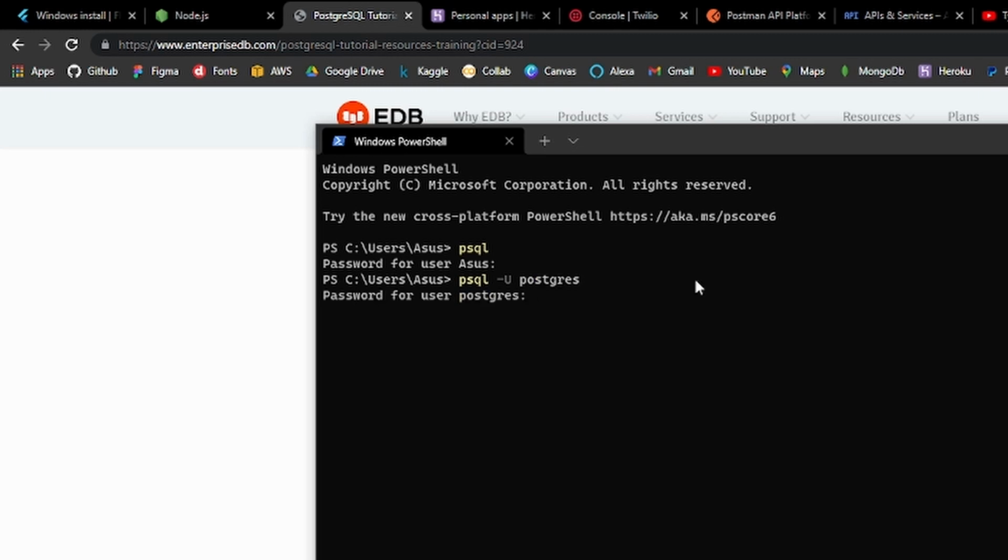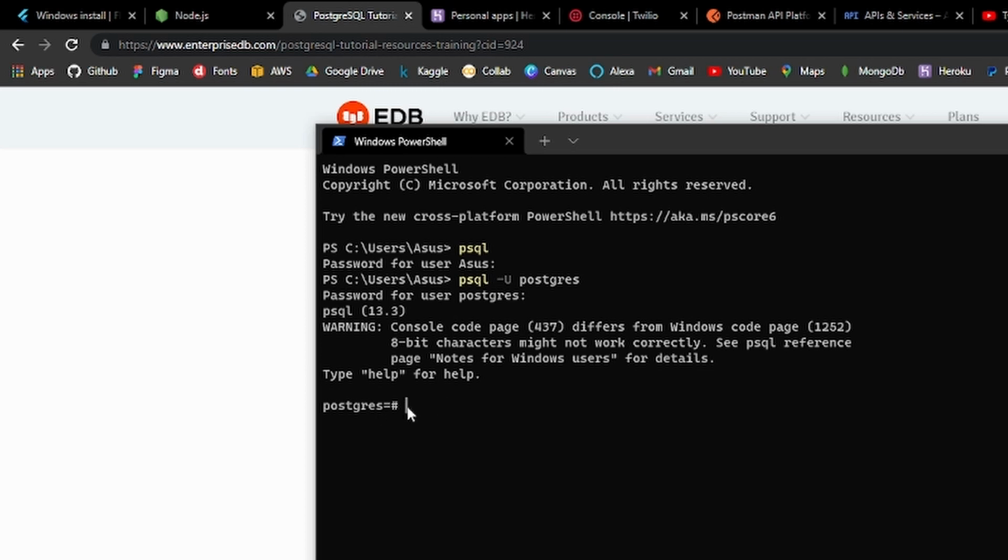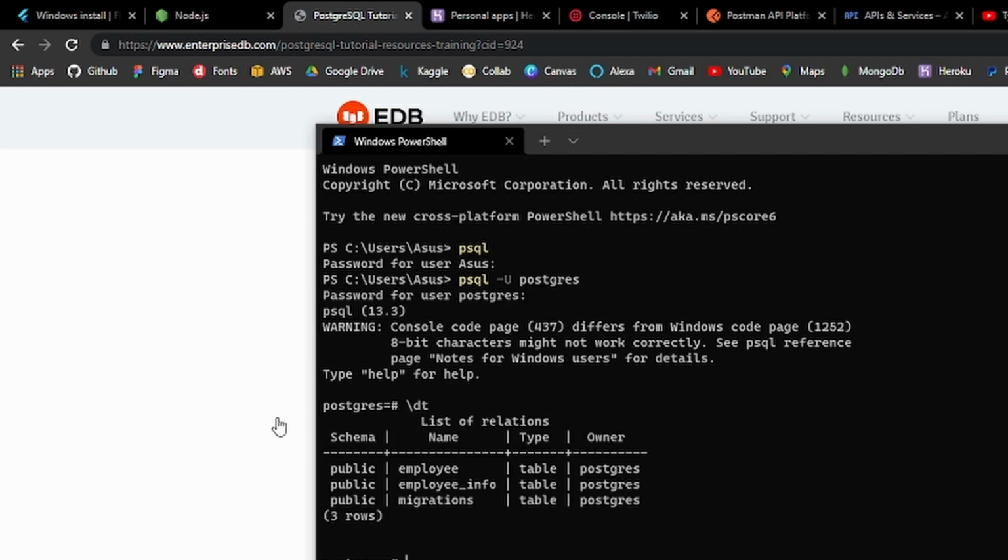Now postgres is nothing but simply a master user, and the password for the user postgres is nothing but the master password that you have entered. So you can simply write your master password here. I will be simply entering my master password here. Once you have entered the master password, the shell will be up and ready. So if you are facing an issue after writing the password for user access, try psql -U postgres, and under this write your master password. Once you have got that, you will be getting all of your tables up and ready.